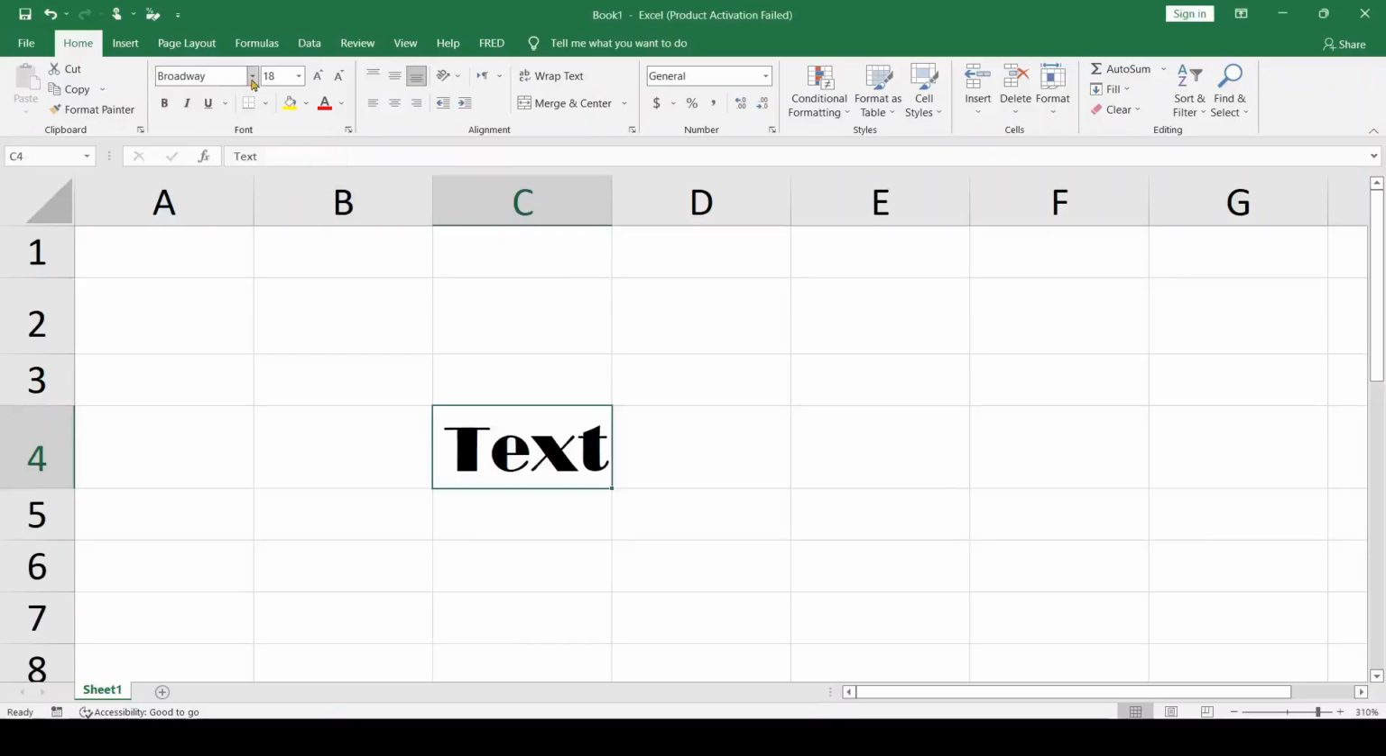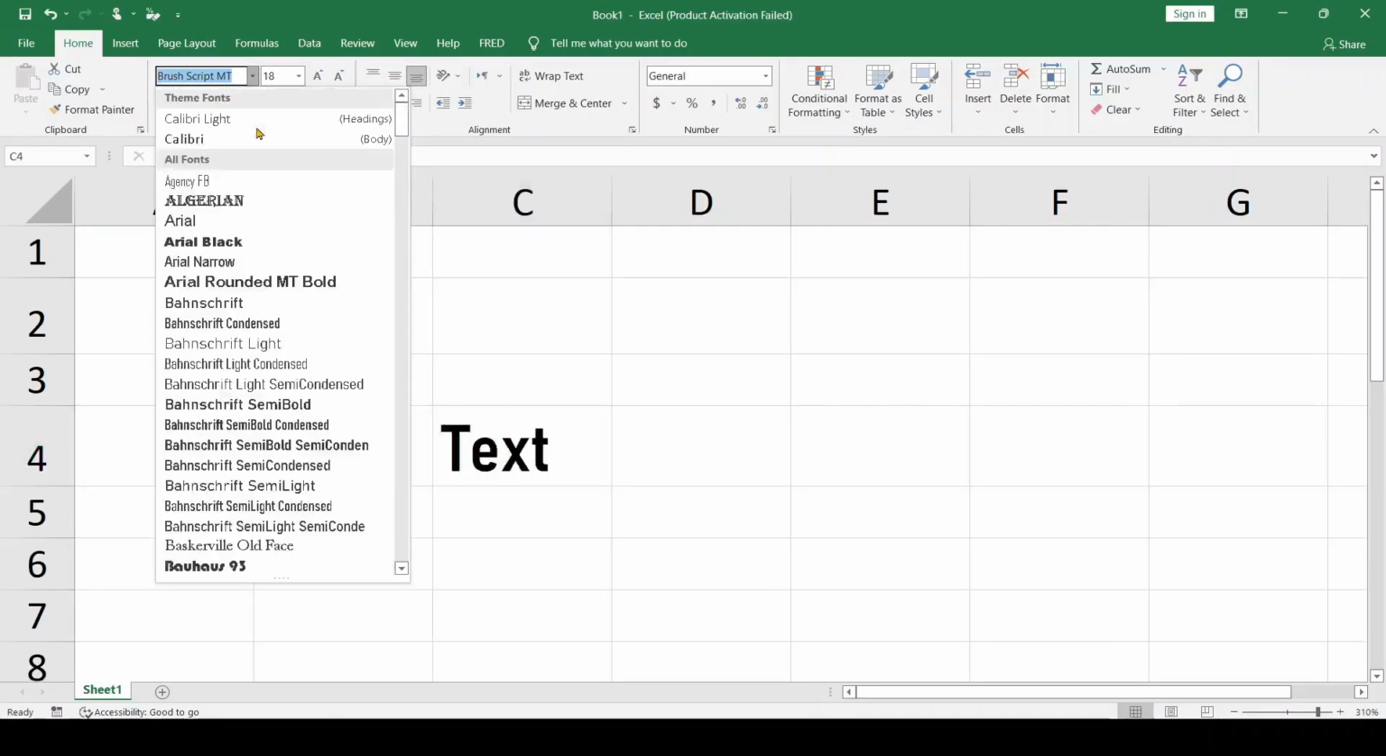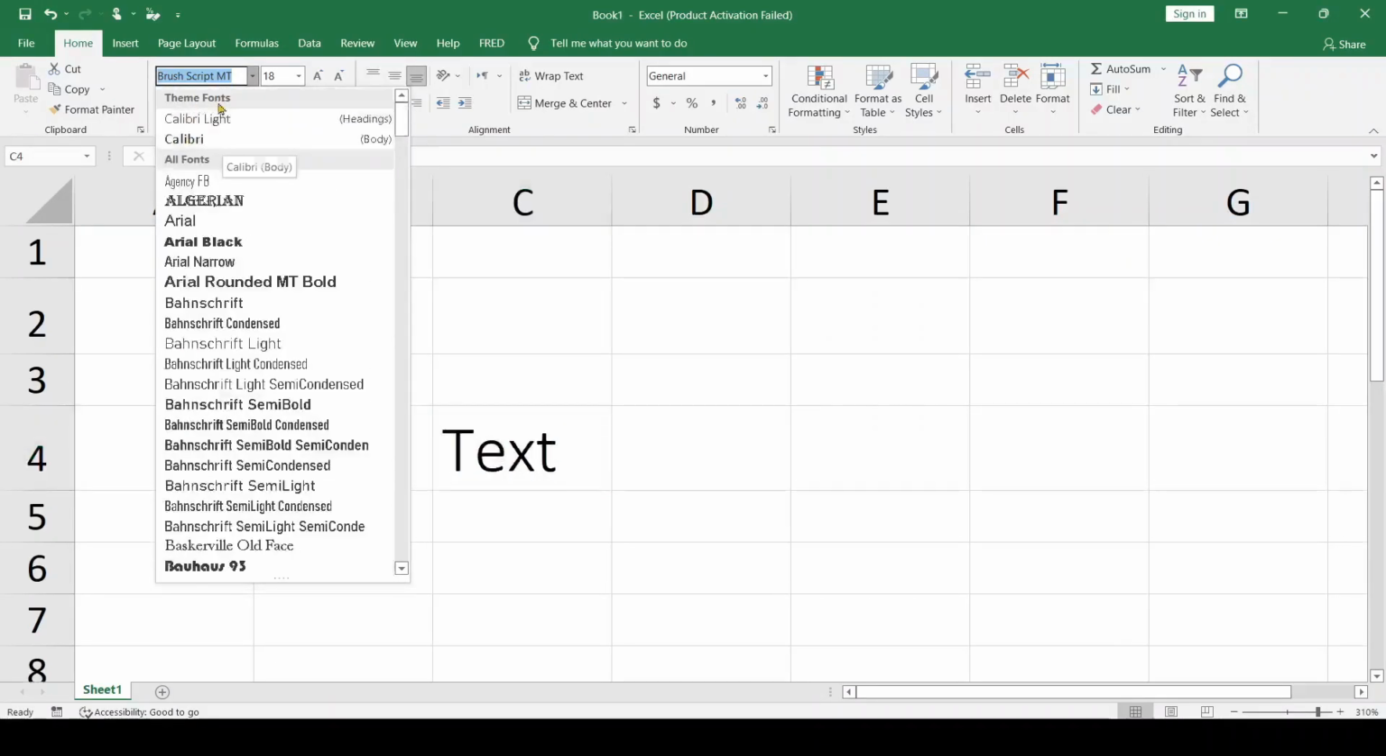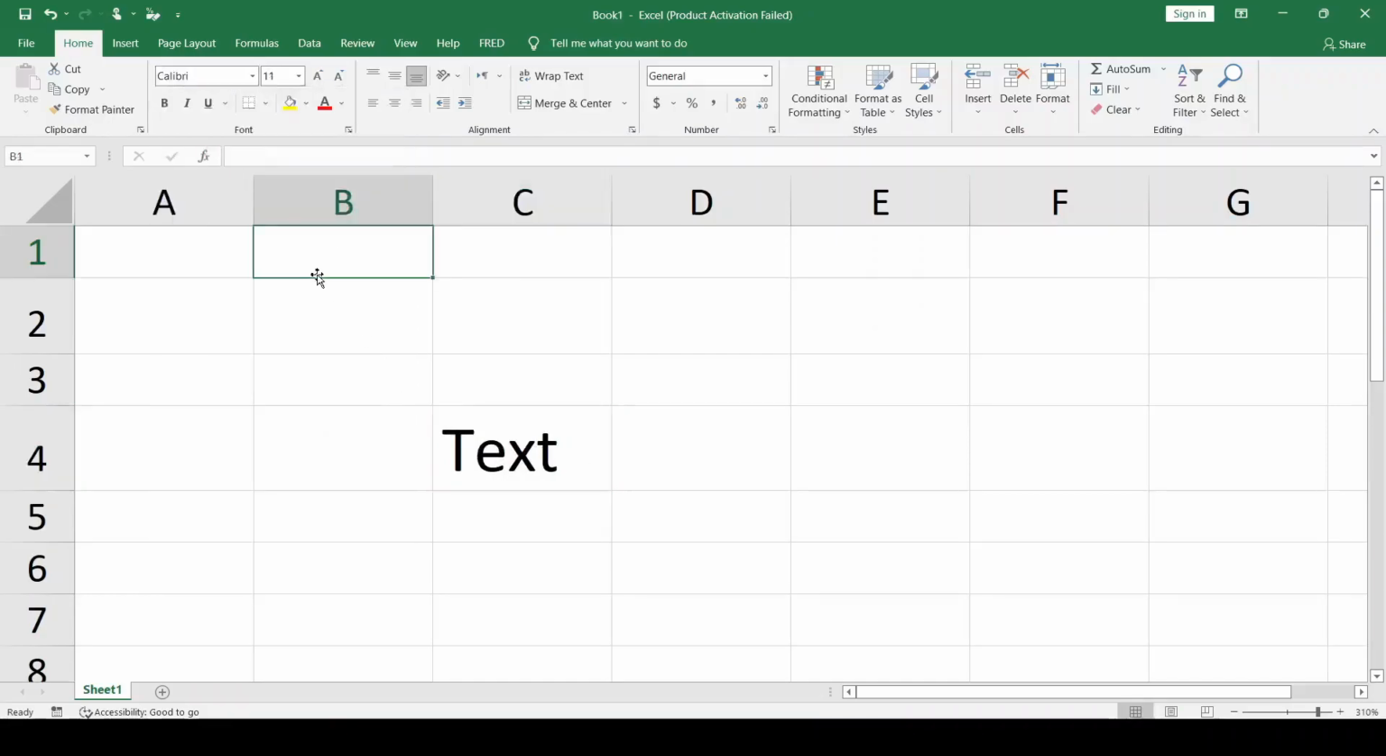Let me first change the font to Calibri, which is the default font. You can see here in the themes font you will find Calibri. You can click on it. Now you will hopefully see the changes. Now let me select the bold. As I click on bold, my text gets bold, and to undo it, just click